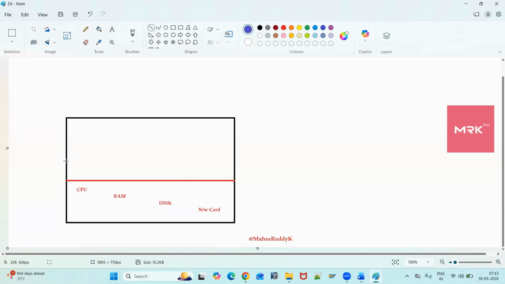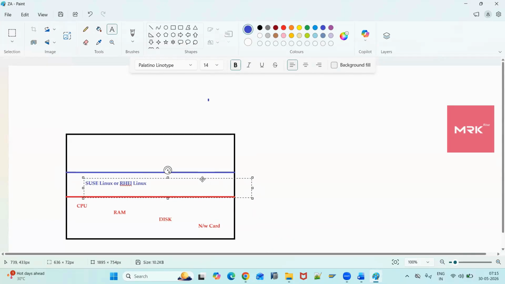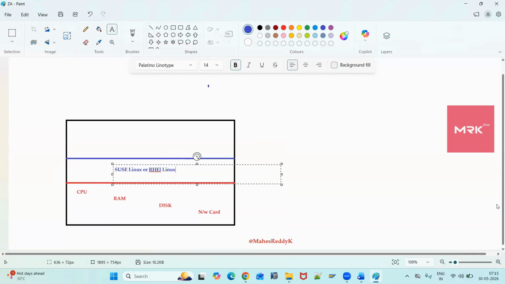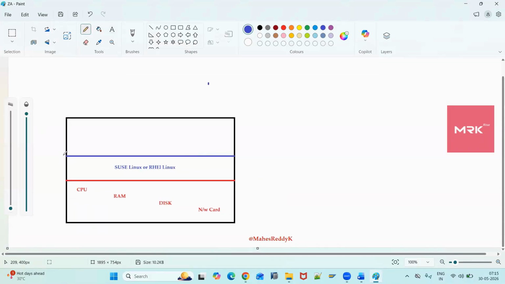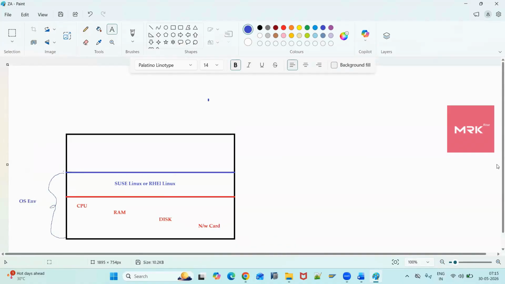On top of the system, the OS team will install an operating system. It may be Windows, or, for example, if I want to go with Linux, SUSE Linux or Red Hat Enterprise Linux. So they install the operating system. What we are calling this is an environment, an OS environment. We call it an OS environment, where we can install